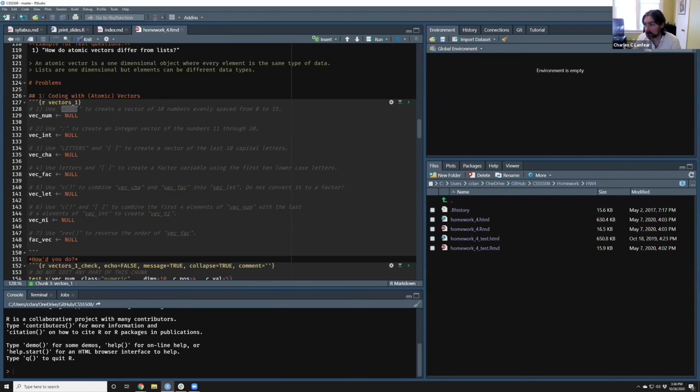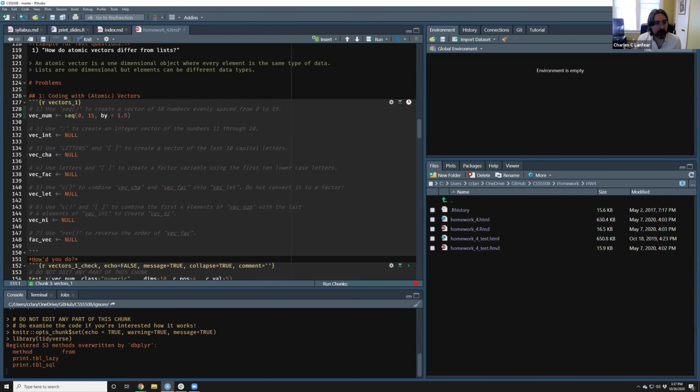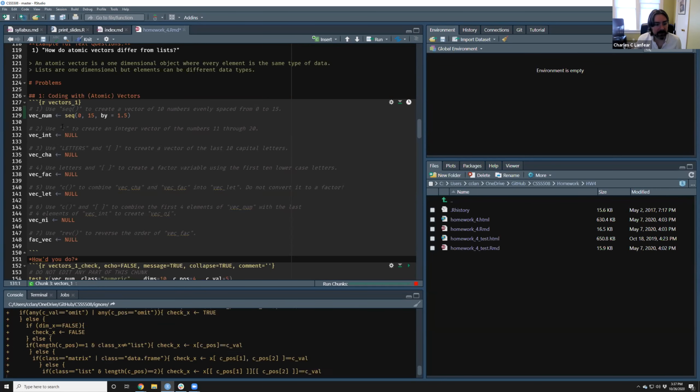Well, first, what's the function? Sequence. Yeah. So I've got seq here. Now, this first one suggested in chat is mostly there. I can say sequence 0 to start at 0, 15 to end at 15. But if I say by equals 1.5 and run that,